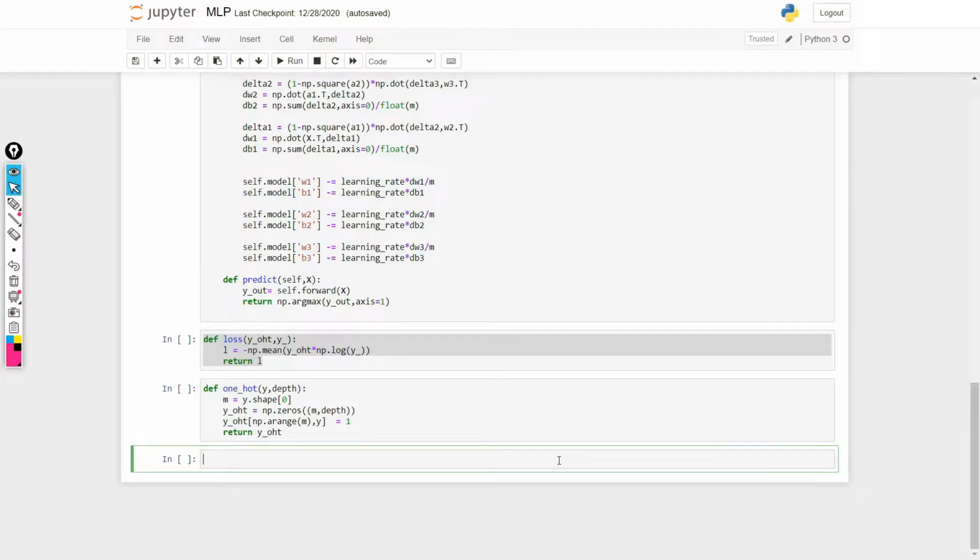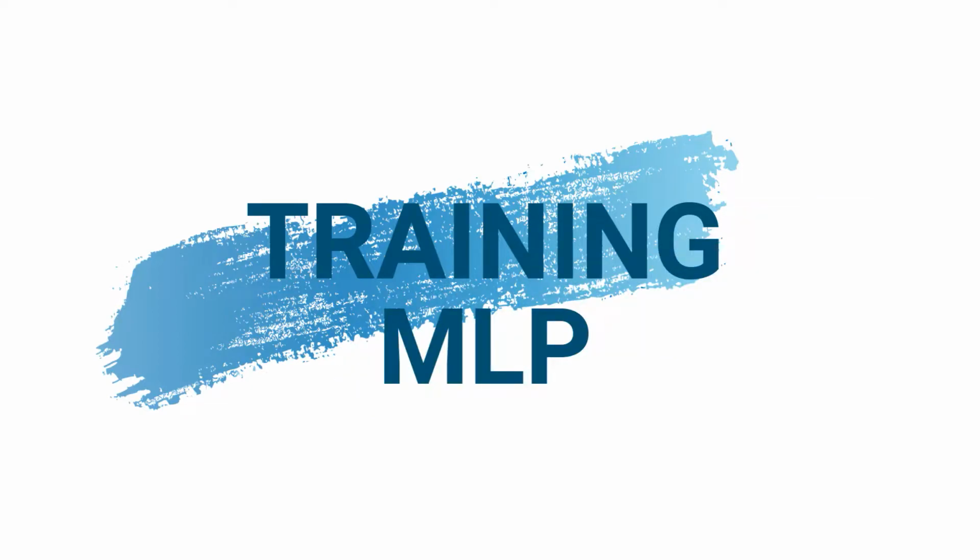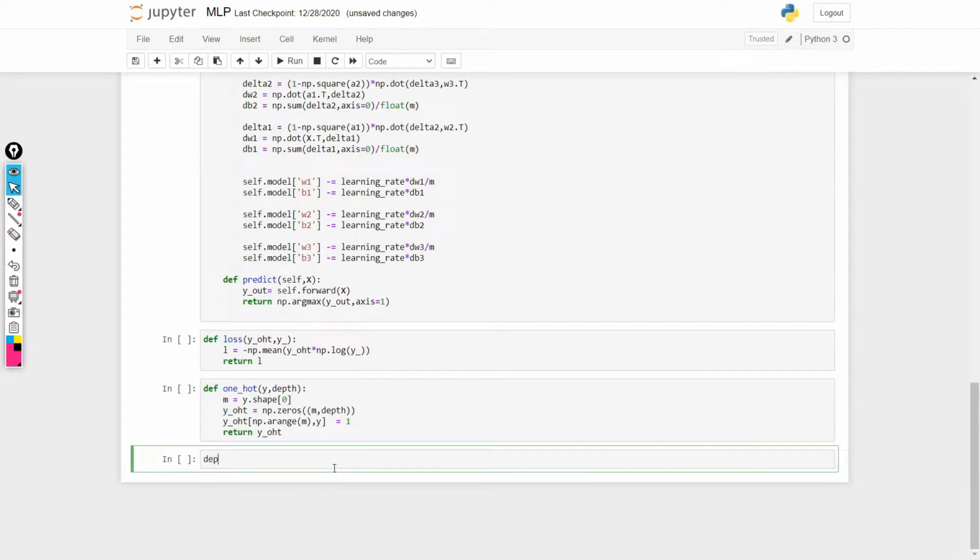So guys, in this video I'm going to implement the train function using which we are going to train our multi-layer perceptron. So let's make a function for that. def train, it is going to take x, y, and it will also take our model, our epochs, and our learning rate as the default rate. I am also going to set it as 0.01, or let's not use the default rate right now. Also I am going to set logs as true.